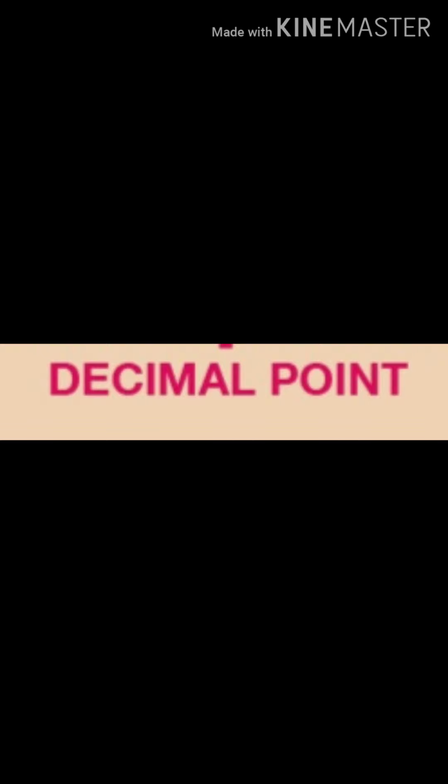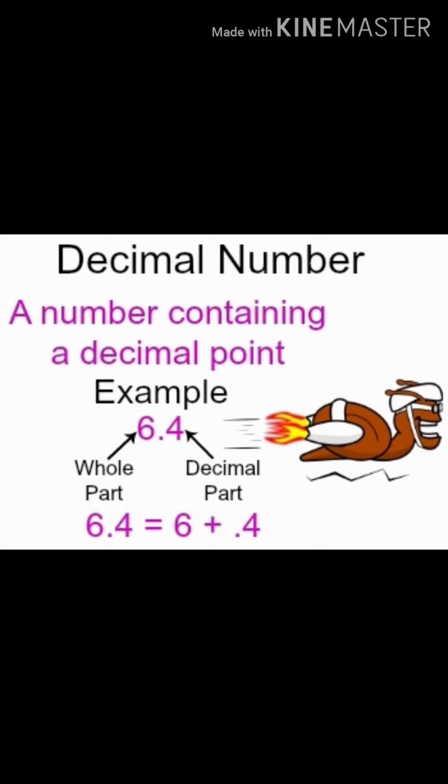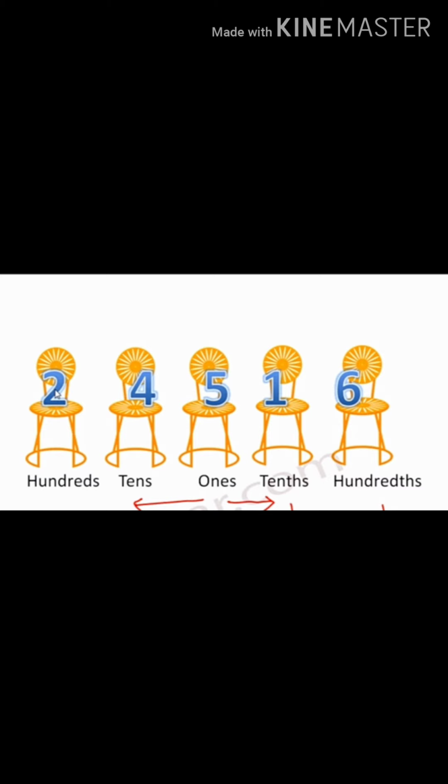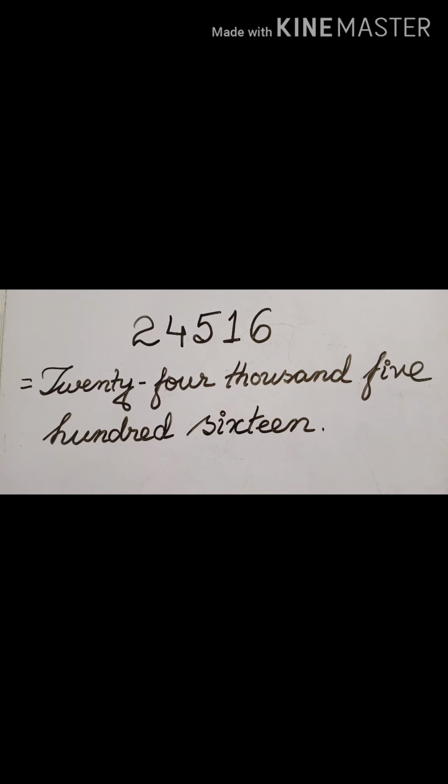You would have seen that all decimal numbers have a point. In fact, how do we recognize decimal numbers? Right now we have these positions. Towards the left side of 1 we have the bigger places, and towards the right side we have the smaller places, tenths, hundredths, like this. If I take a number like this, 2 is in the hundreds place and 4 is in the tens place, right? But if I see only the number, how will we read it? It is 24,516.